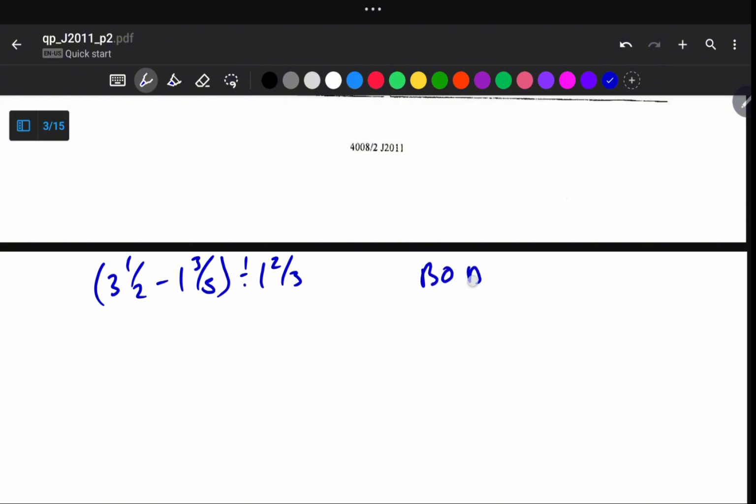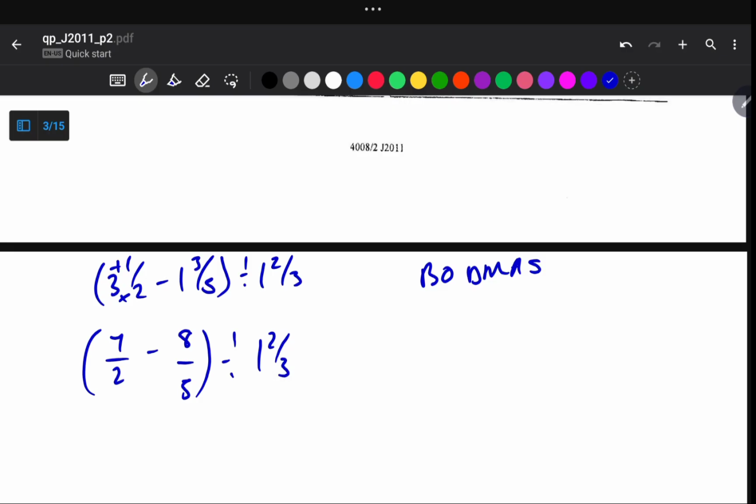So BODMAS. So here we are going to start by simplifying inside the bracket. So to simplify here, we are going to start by making these fractions. So these are mixed fractions, so we need to convert them into improper fractions. So to convert a mixed fraction into an improper fraction, we are going to multiply this 3 by 2 and then add the result to 1 and then divide everything by 2. So here it is 3 by 2, which is equal to 6 plus 1, it gives us 7 over 2 minus 1 by 5, it gives us 5 plus 3, it is 8 over 5